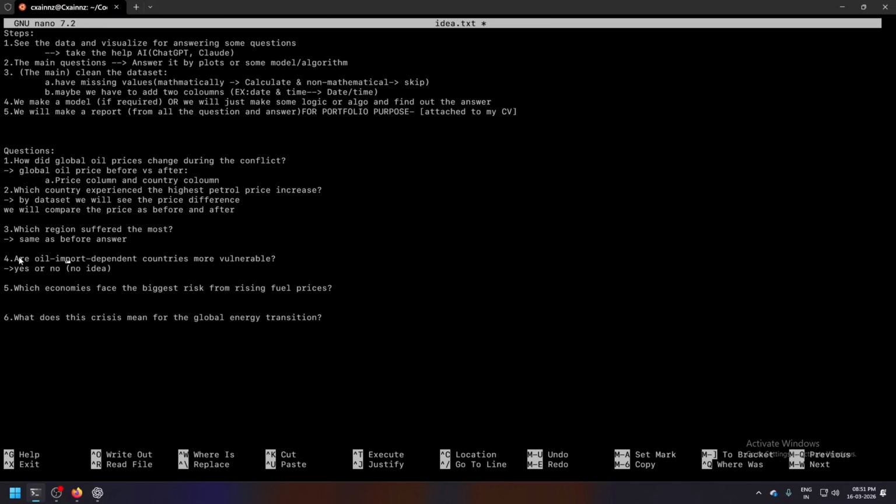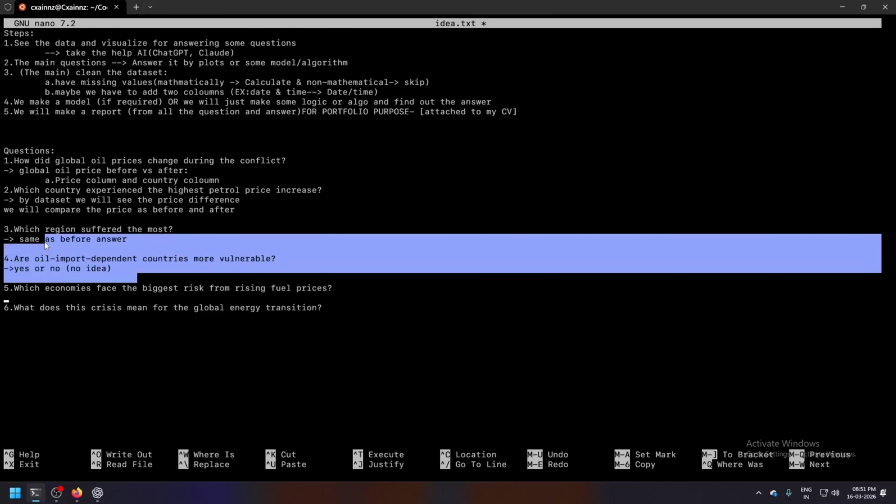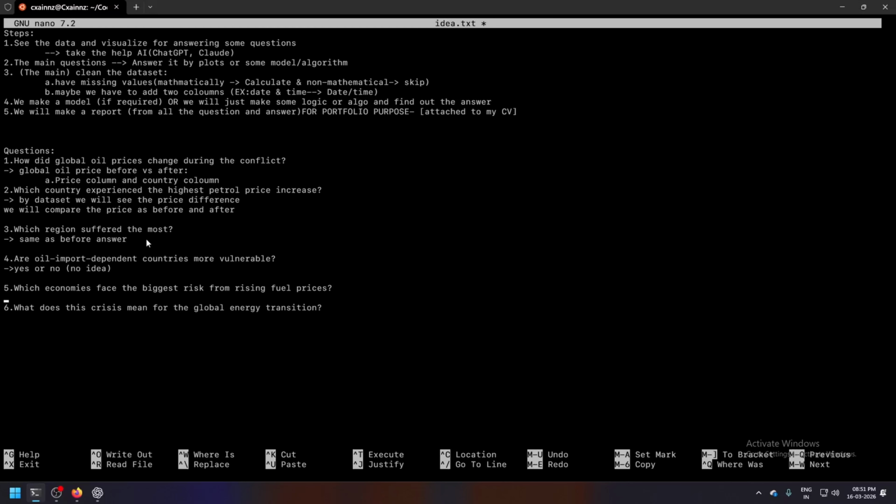The fourth one, we know that it's basically a yes or no question, and we'll support it with some plot. But what about the fifth and sixth questions? So we have to answer them. You may pause and think of the answer, and I will think when required, when I will be answering the fifth question.